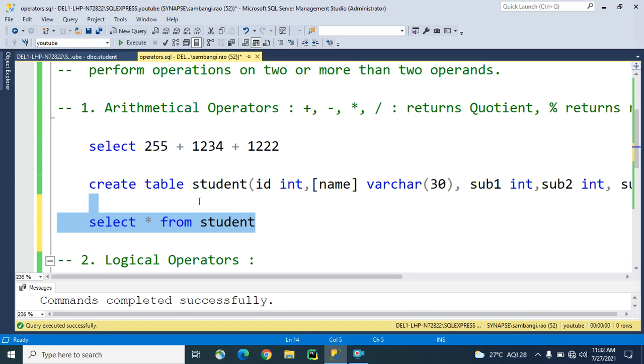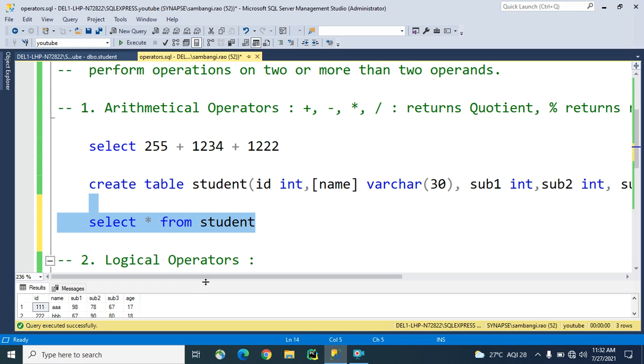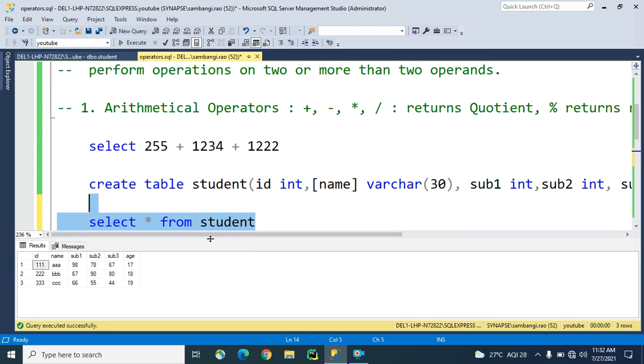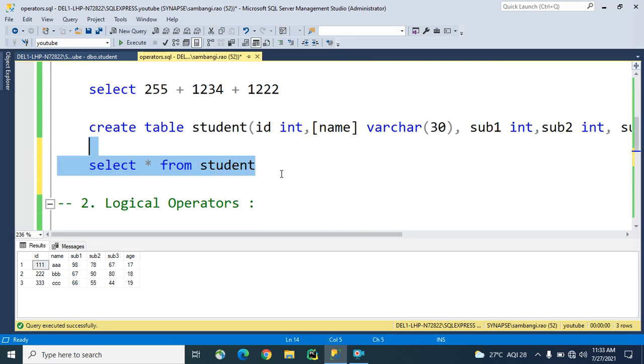So I'm executing this query only right now, otherwise the whole page will be executed. The records have come here, and we are talking about operators now.